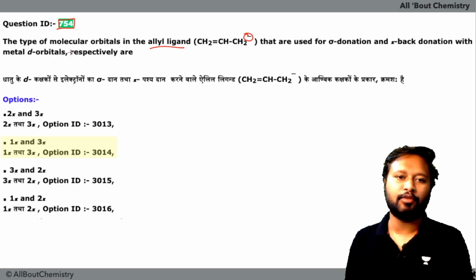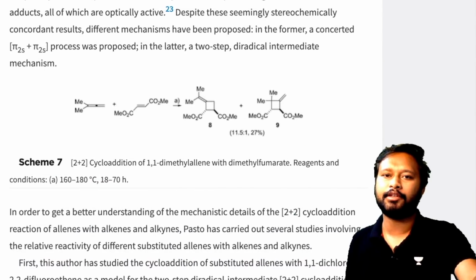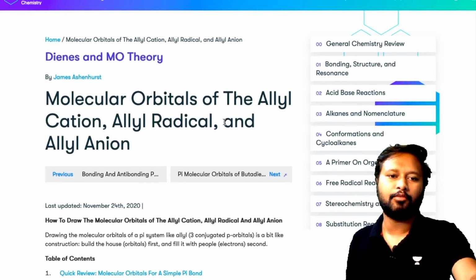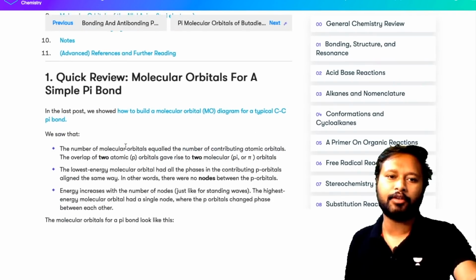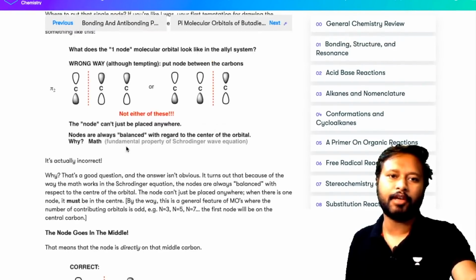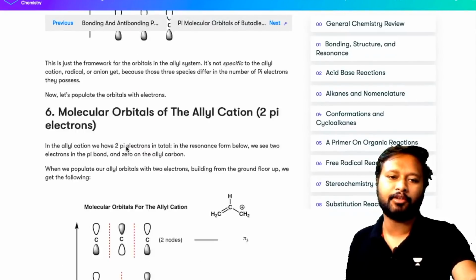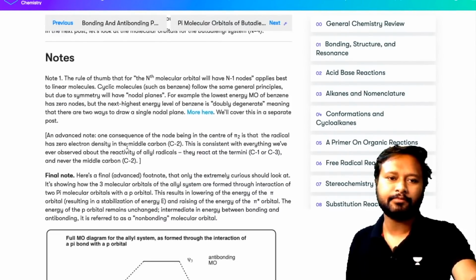So you have to look upon the molecular orbital diagram of this, how the allylic ligand interacts with the metal. For that I have a reference over here somewhere. Yeah, so molecular orbital of the allyl cation, allyl radical, and allyl anion. I'll give you a link for this particular website. You can directly go to this. It's a very well known organic chemistry website, masterorganicchemistry.com, and many organic chemists know already about it, but fine.